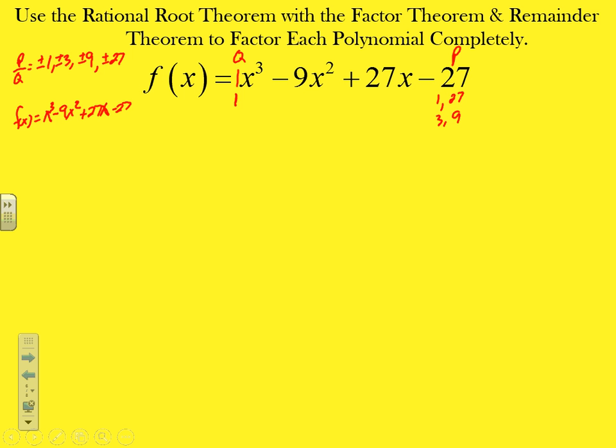Basically what he's saying is, if we substitute a positive number, regardless of what the number is, what kinds of sign changes do we see? So let's just say we substitute a positive 1 in for x. Well, a positive number raised to an odd number is still positive. So 1 cubed gives a positive number. Positive 1 squared is positive, but multiplied by a negative 9, that gives me a negative number. Positive 1 times 27 would be a positive answer, and then the negative number here says that the sign